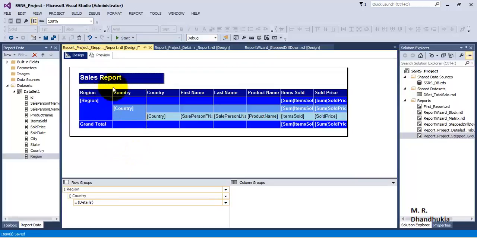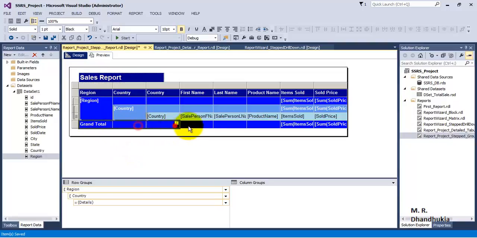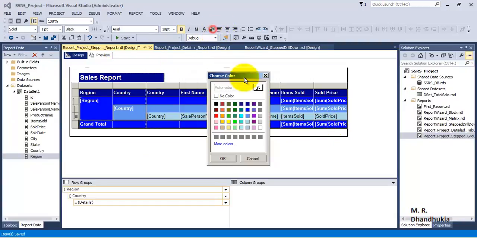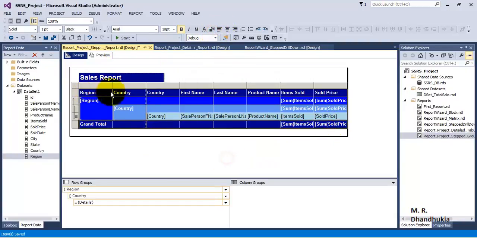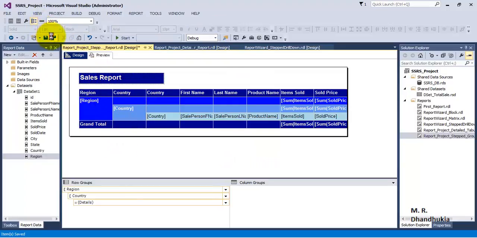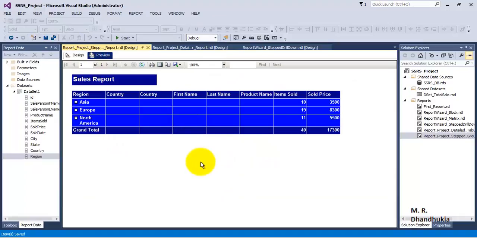And let's have the color for the last row of grand total to be matching with our main header level color. Let's save everything. Now this is a perfect report.